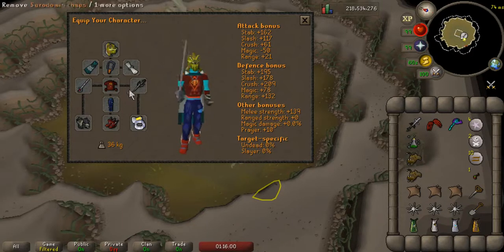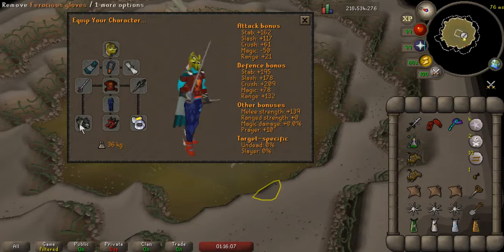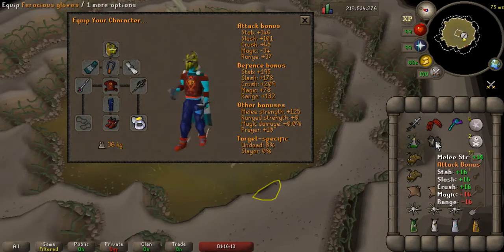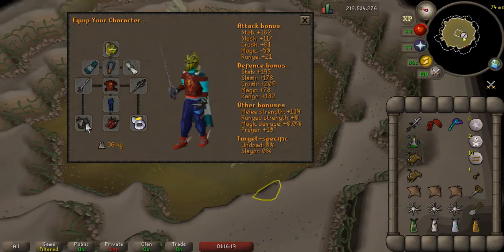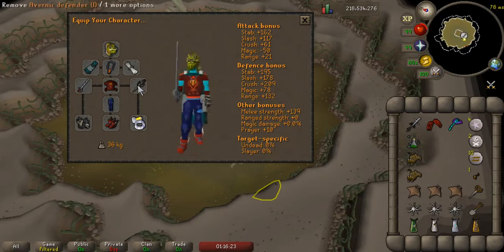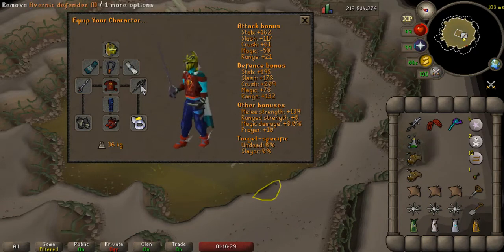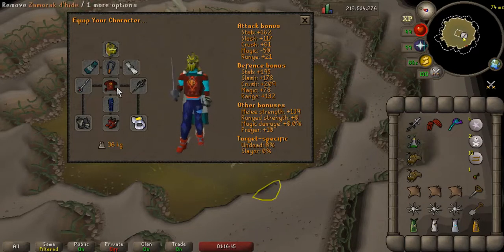The only other thing, to get your magic defense a little higher, Barrows gloves, because these, oh, I just learned something new. I thought these gave negative to magic defense. Well, it's nothing, zero defense, but Barrows gloves would be a little higher. And then my Avernic Defender does take away 5. But with the Dragon Defender, you add 5, still keep the higher DPS. Or if you're taking too much damage, you can go with, in this setup,